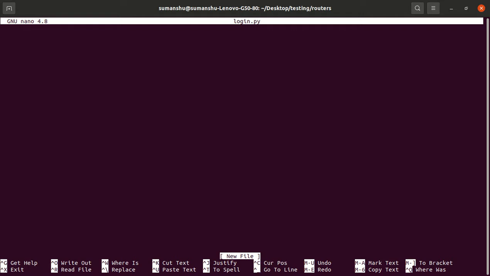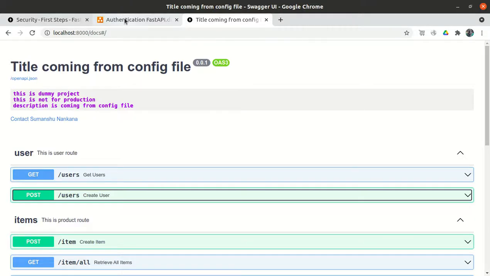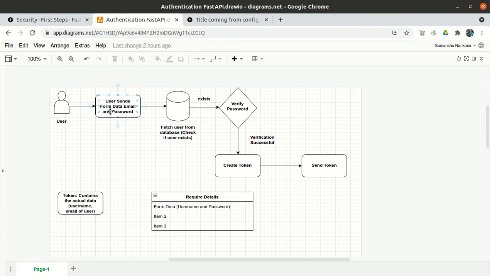As I told you, everything is in the FastAPI.security. So from FastAPI.security, we are importing OAuth2PasswordBearer. So this is some kind of form, right?